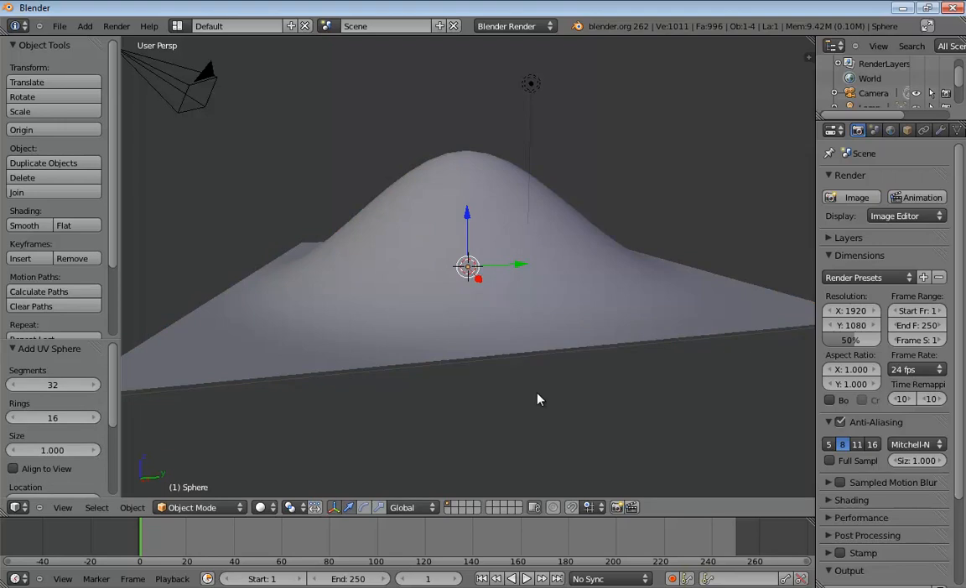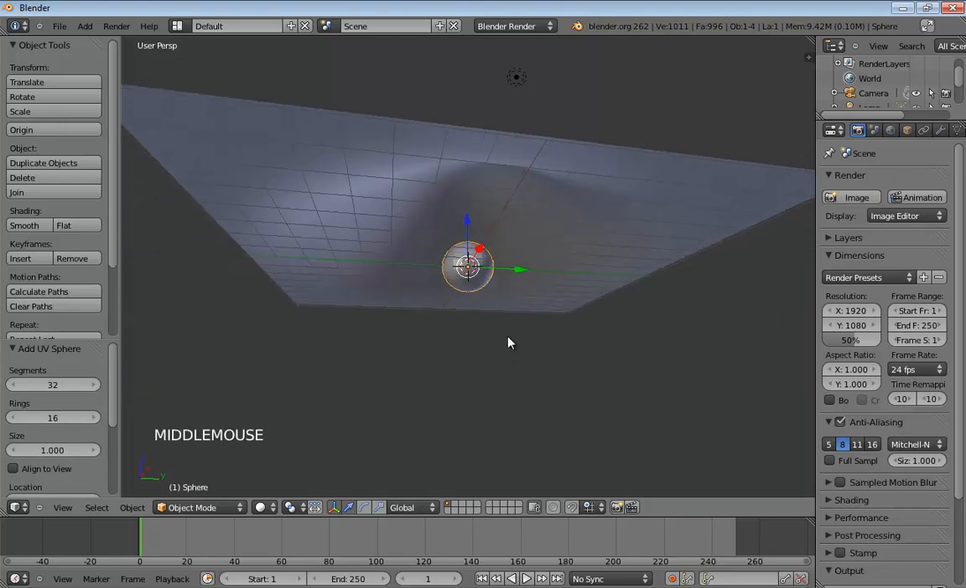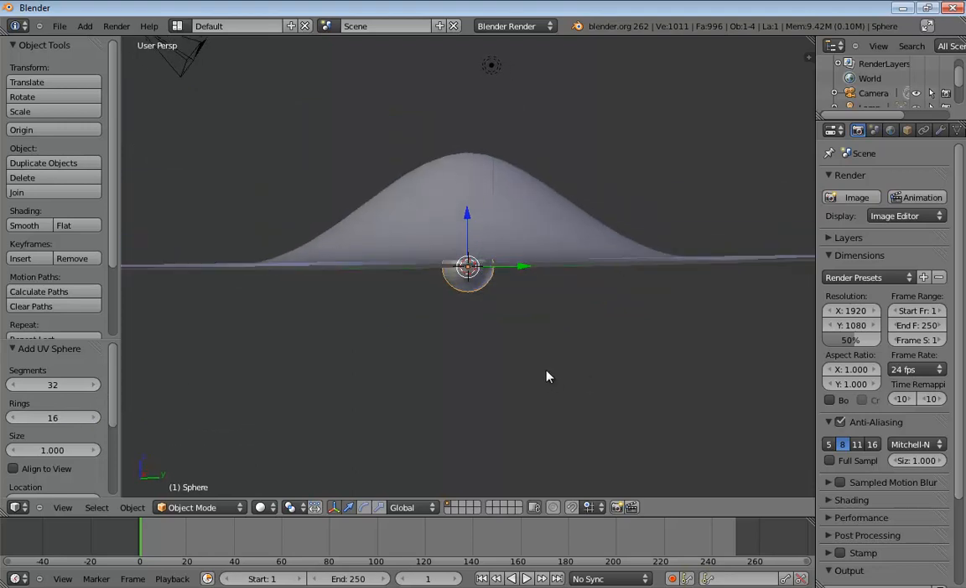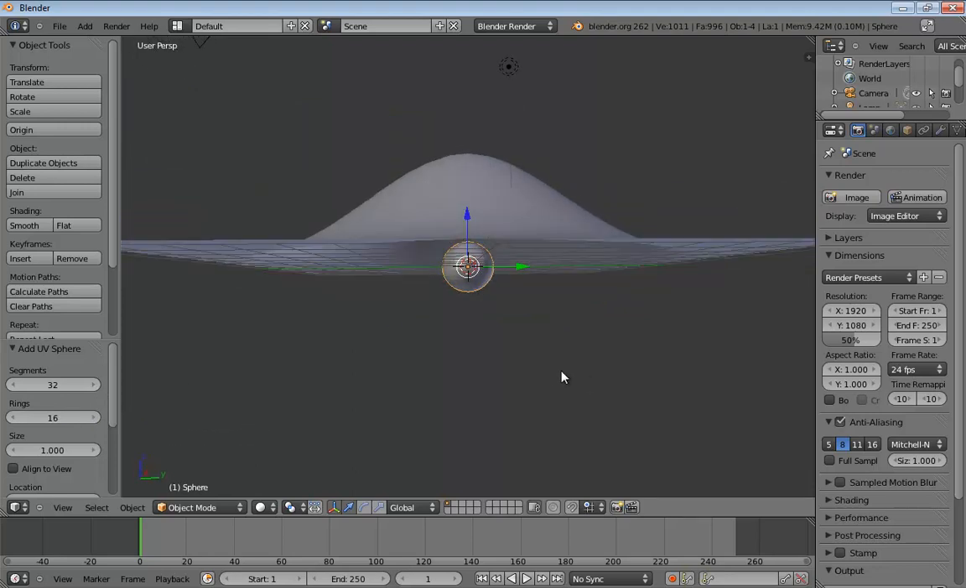We're going to leave its settings at default. So we're not going to change segments or rings or anything. Just go ahead and leave it right where it is. In this case, we're not going to change anything. This is just a temporary piece of geometry we're going to use for animatics. So once you have that in,